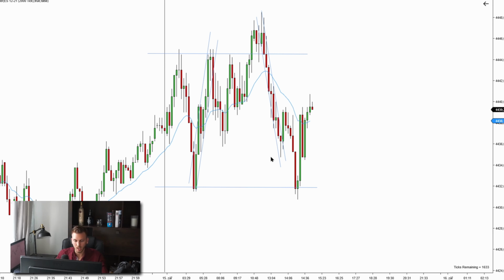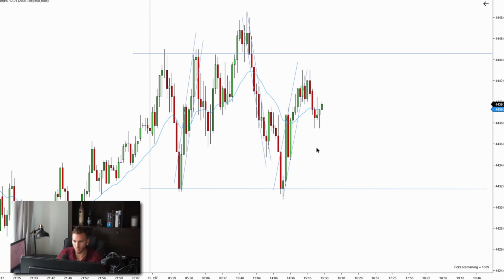Overall the structure looks like a trading range, and as you guys can see, we have an uptrend, we have a break and a new extreme, we have a downtrend, we have a break and a new extreme, and we are trading higher. So that's the structure. All right guys, the market is going to open in around 1 minute, and I'm going